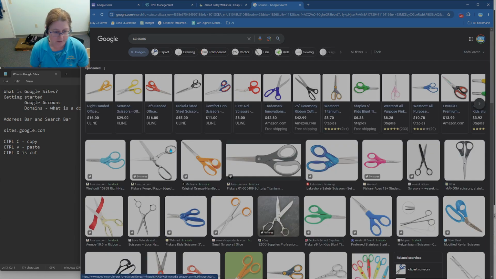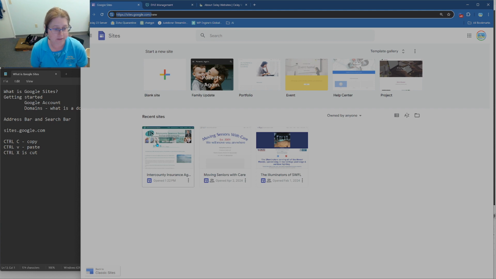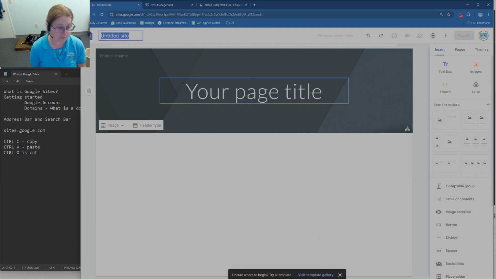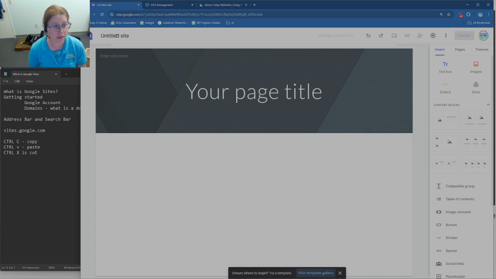Okay, there's your X sideways, of course. Learning to copy and paste is going to make things a lot easier for you. I'm on sites.google.com. I'm going to click the plus sign, and it takes me to our starter page. Up here, where it says untitled site, we're going to call it